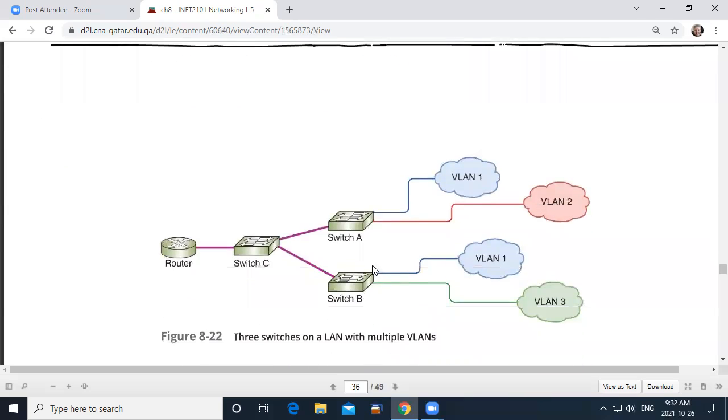And so because of that, what this diagram is really trying to show you is that even though all of these things are connected to the same switch, the software in the switch is able to manipulate the frames by inserting extra information in the headers that will allow the switch to make sure that the VLAN stuff for here doesn't get mixed up with the VLAN stuff from there, right?